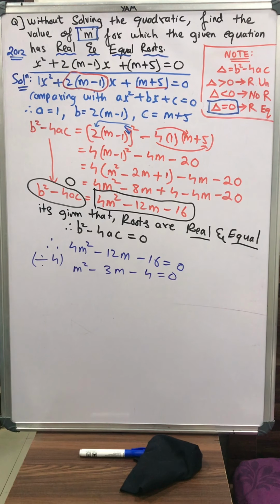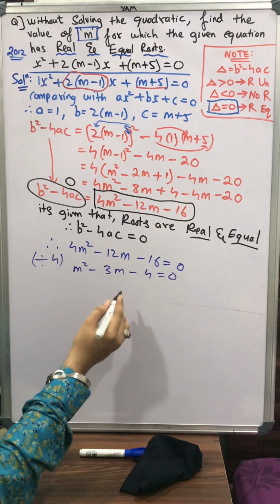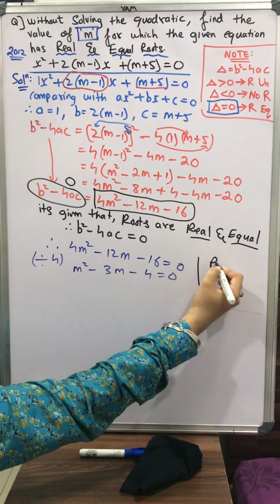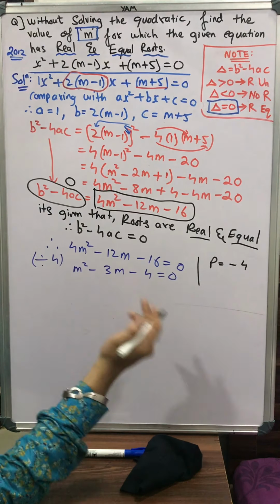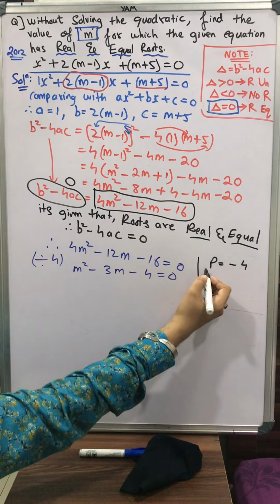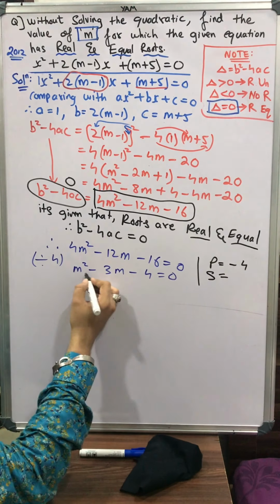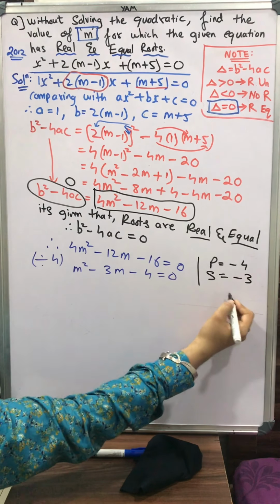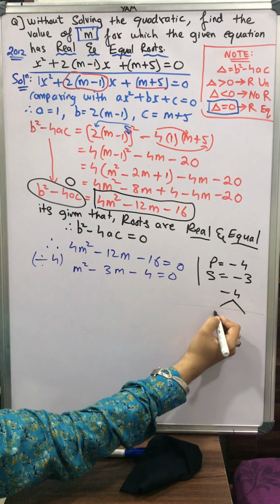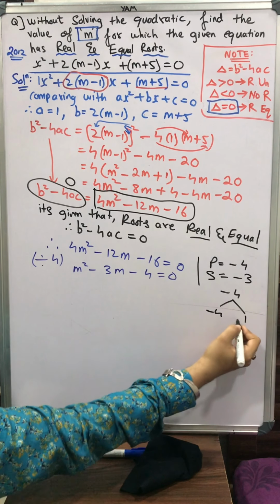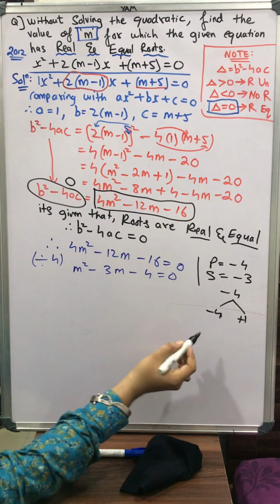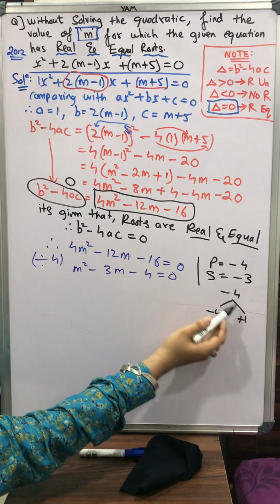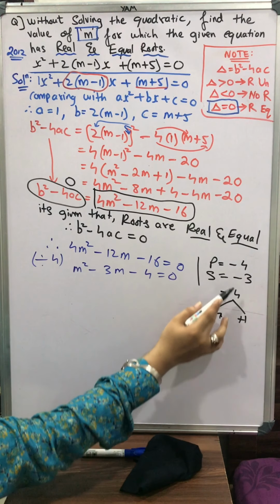So now what do we have to do? We need two numbers such that their product is minus 4, and when the same two numbers are added, we need the summation as minus 3. It's minus 3 here. Okay, so the product should be minus 4. Can I say 4 and 1? I'll write here minus 4, I'll write here plus 1. Of course, we are doing splitting of the middle term. So minus 4 multiplied by plus 1 is minus 4, and minus 4 plus 1 is minus 3.